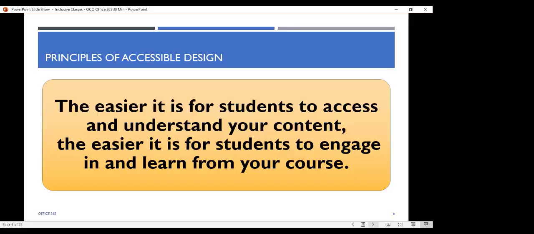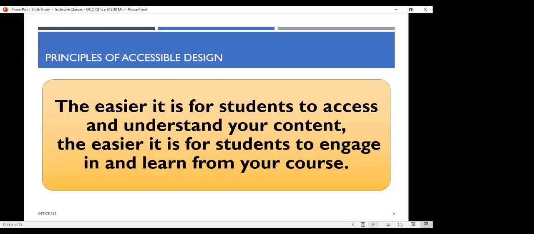When I worked with students, they have a finite amount of time. So if they only have an hour, whether they are people who have some learning issues, or some physical issues, or just temporal issues, the easier it is for students to access and understand your content, the easier it is for students to engage in and learn from your course.